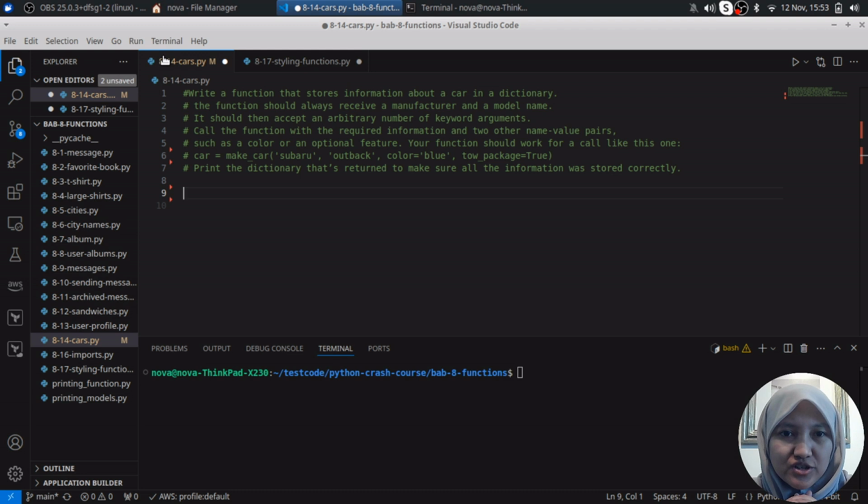Such as a color or an optional feature, and then your function should work for a call like this one: make car, Subaru, Outback, color blue. So the name of the function is make car. Print the dictionary that's returned to make sure all the information was stored correctly. So you just add a definition, make car, and then don't forget to add your